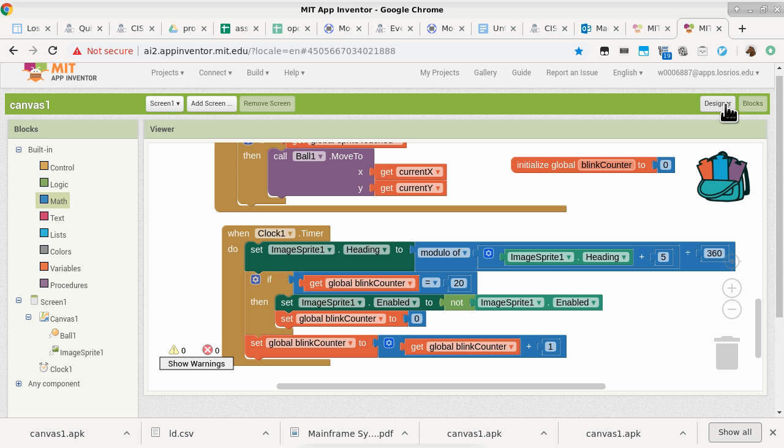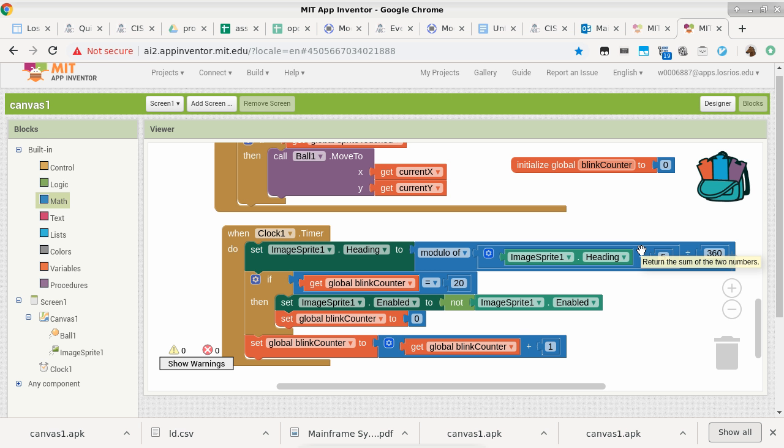Yes, we're incrementing heading by 5 each time. No, I mean the counter is going to go up 20 times before it blinks out. And the heading will still continue to rotate. Yes, so we can put a condition to guard it from rotating, but I just want to see whether it